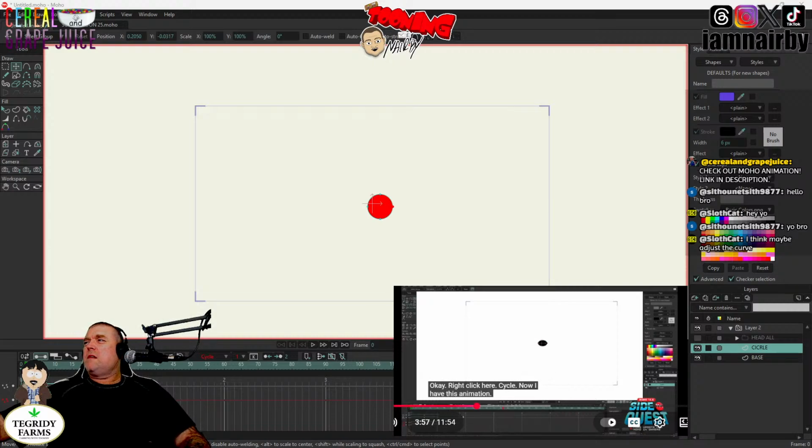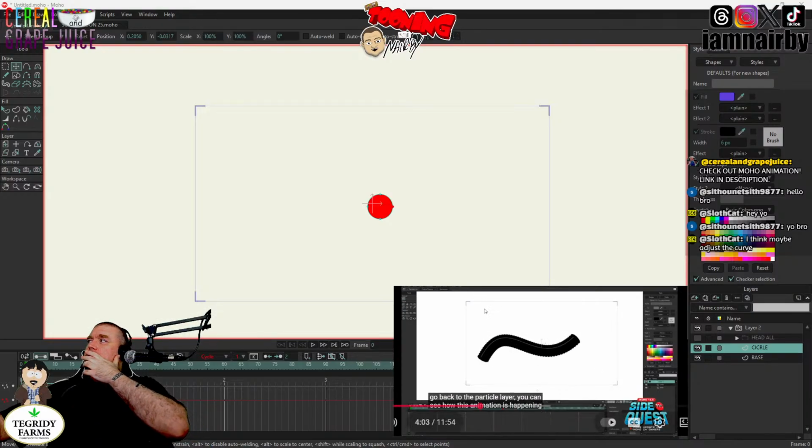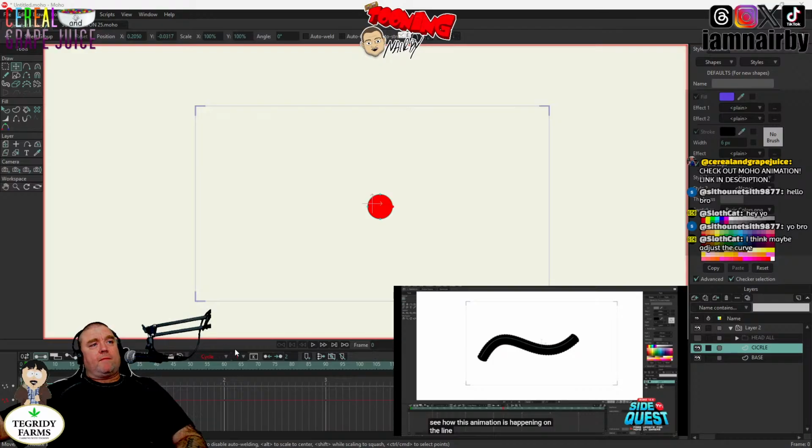Now I have this animation. Okay, so now if I go back to the particle layer, you can see how this animation is happening on the line. So if I click on the particle layer,